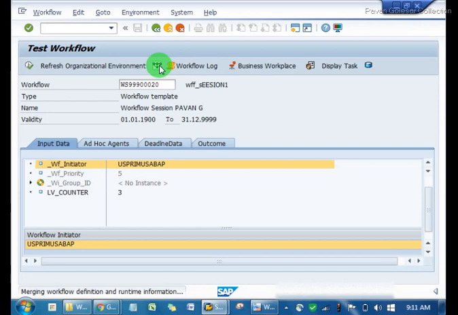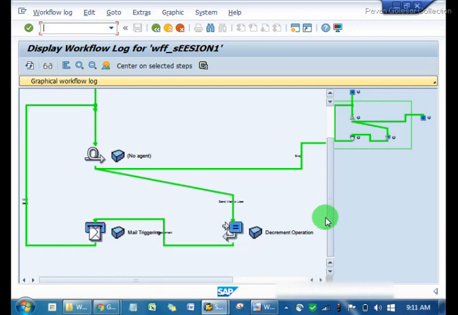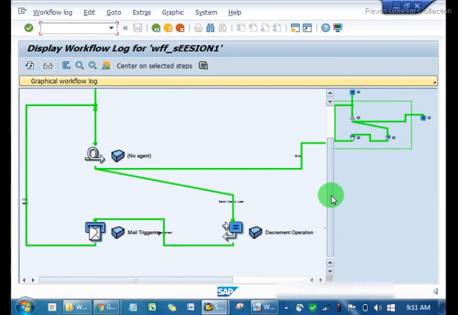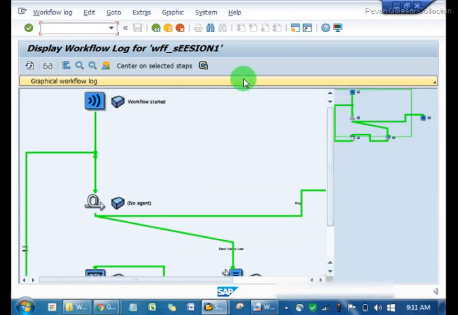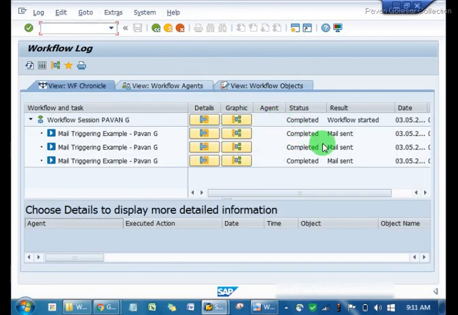Going to the most important, graphical log. So in this, you are going to see, boss, everything is green. That means the workflow went through all these steps and it got executed successfully. Going to the workflow log now. The workflow log, as you can see over here, this is very important as well.